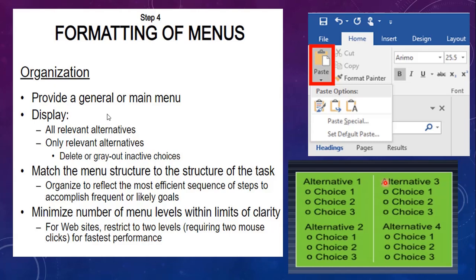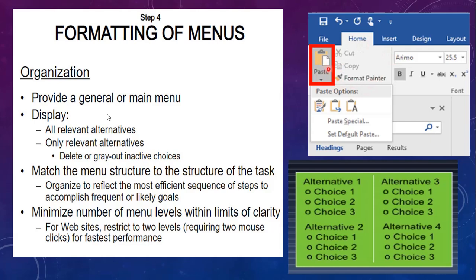So there are advantages and disadvantages for both breadth and depth. For example, take the advantage of a menu system with greater depth versus less depth. Say you have less depth but greater breadth. Suppose after home you have only three options: cut, copy, and maybe paste.